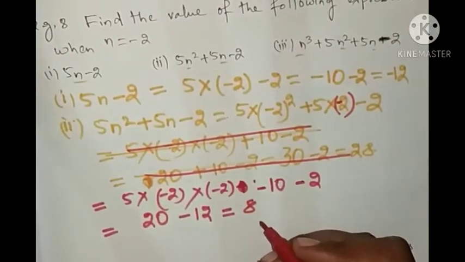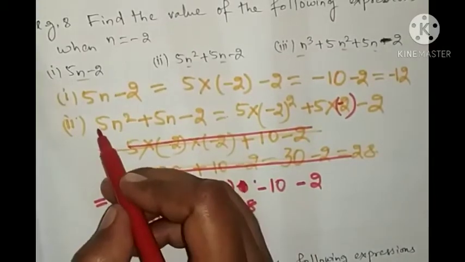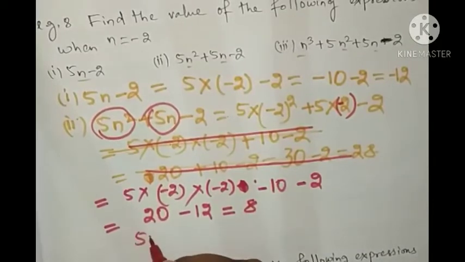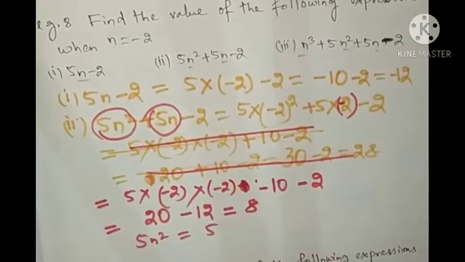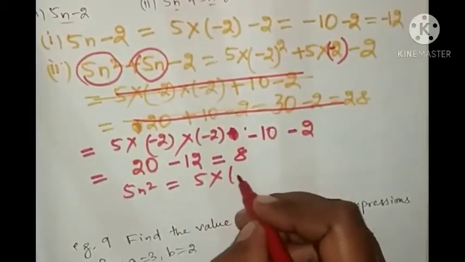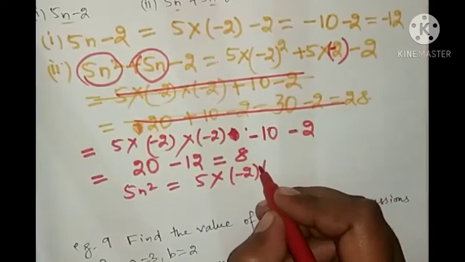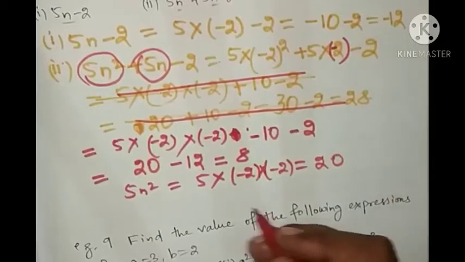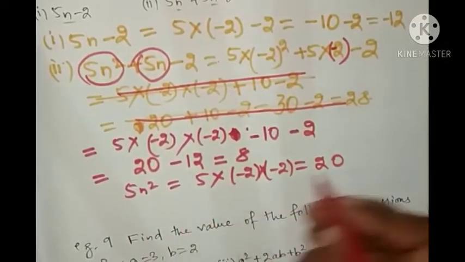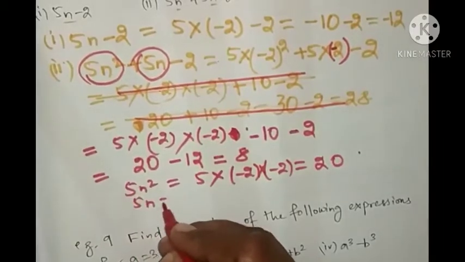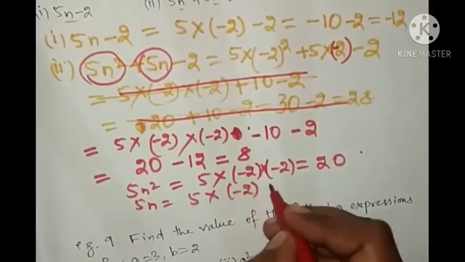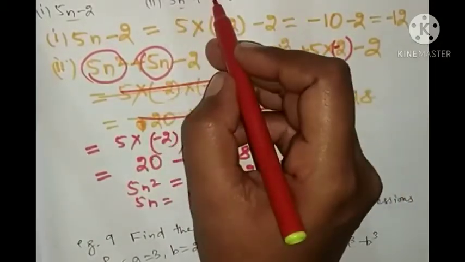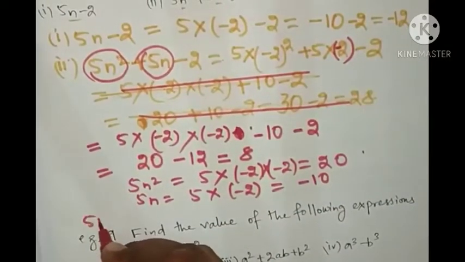Or otherwise, what we can do? We will find out the value of 5n square and 5n separately. So 5n square equal to 5 into minus 2 into minus 2 equal to how much? 20. And 5n equal to 5 into minus 2, that is how much? Minus 10. So like that you find out all the values of the variables, then you write down, hence 5n square